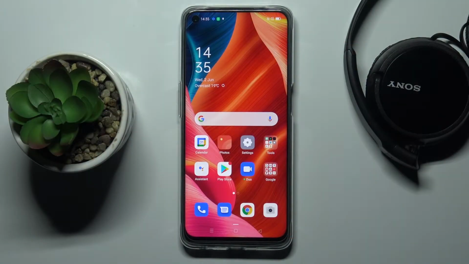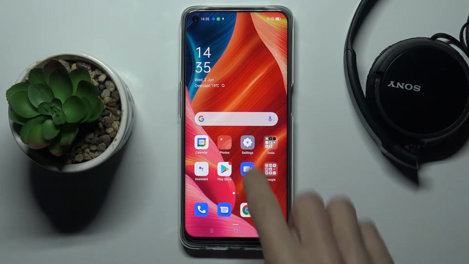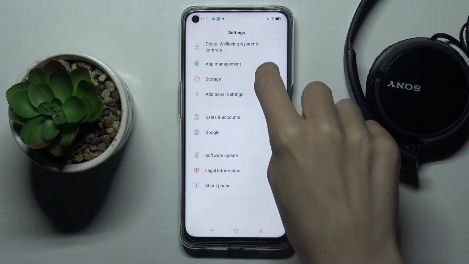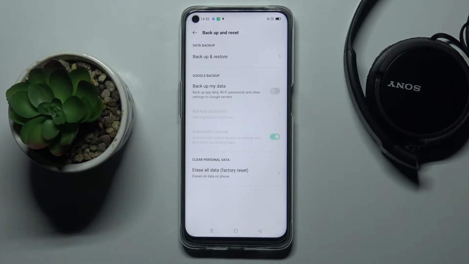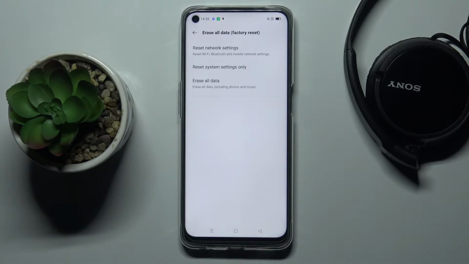In front of me is OPPO A74 5G, and let me show you how to reset all the settings on this device. So first of all, just open the settings, then find and select additional settings and click on backup and reset. Here, click on erase all data and you will find here the second tab, which is reset system